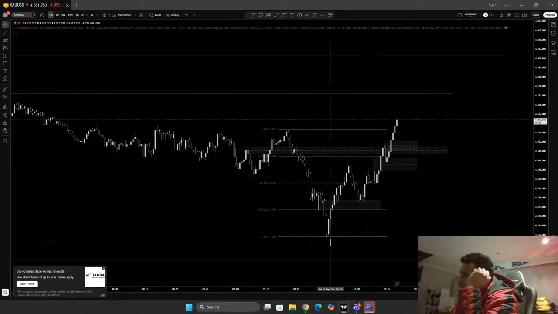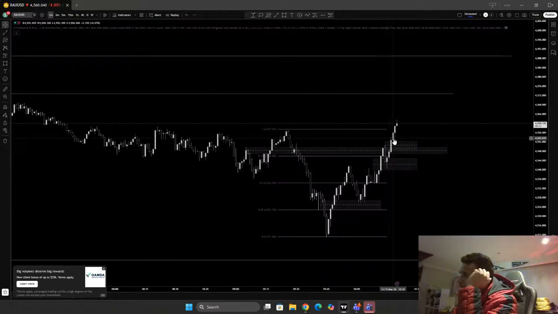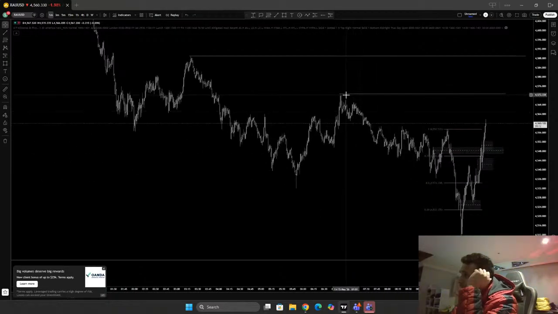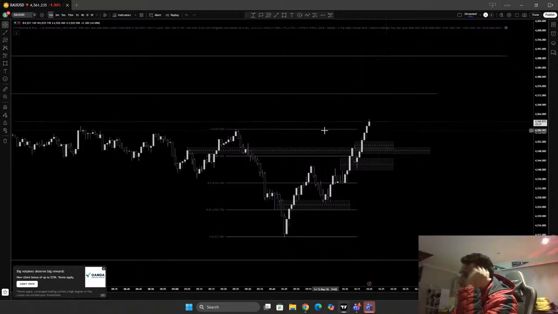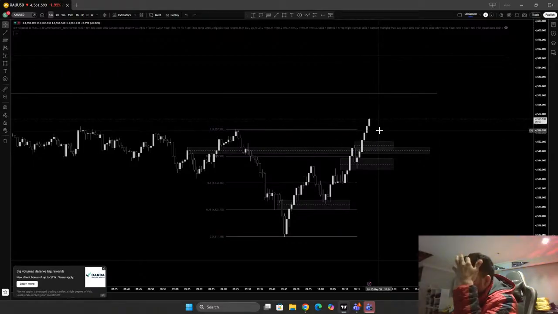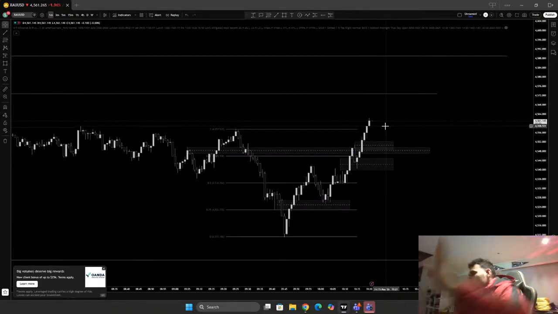So I was not able to recognize that until you can clearly see that inversion, and you can clearly see the high, low, break this high, and you can clearly see it close above that 75 DRT. If it holds and closes back here, it's going to continue higher, which is basically the next liquidity zone. So now I don't want to take this trade because it's already moved, right? It's already played out. There is no point in taking this trade anymore. It's better for me to just call it a day.